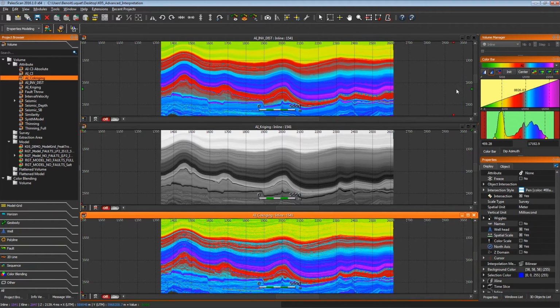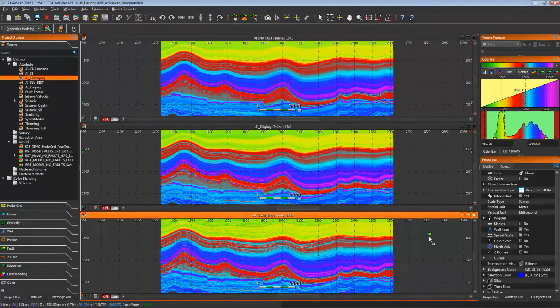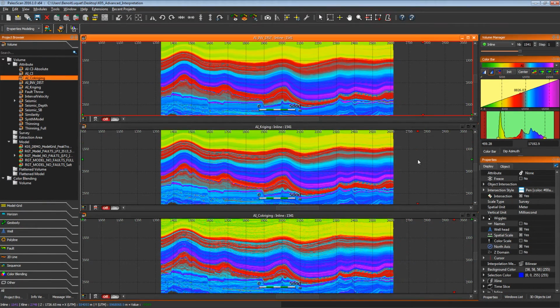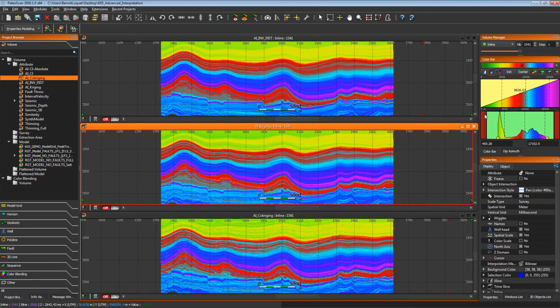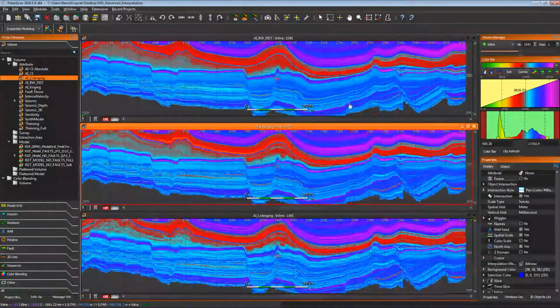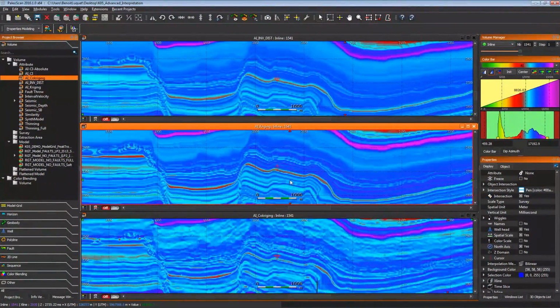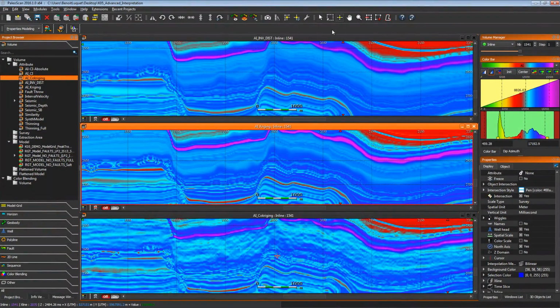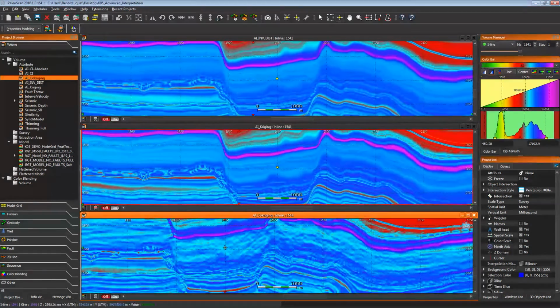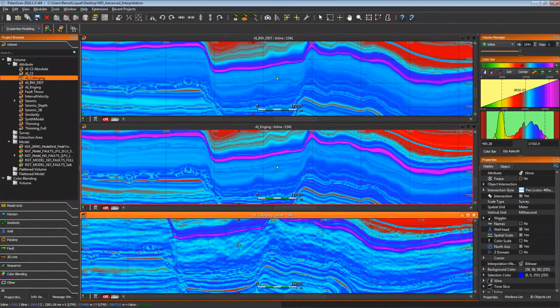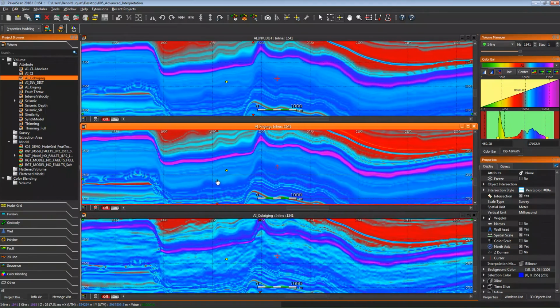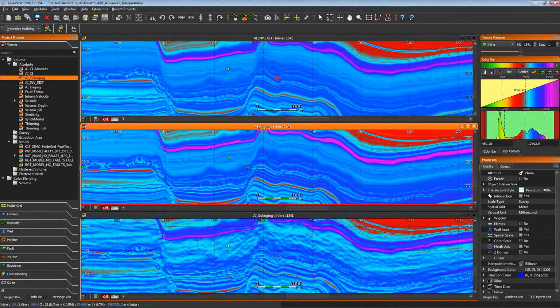So we have an inverse distance interpolation, a kriging interpolation, and a co-kriging interpolation. So we can easily drag and drop the color bar to get the same color bar values, and we can synchronize the viewer to easily observe the difference between the volumes. So we can see in the co-kriging volumes, so the volumes in the bottom, that the result is relatively different than inverse distance and kriging, as there is lateral variations in the result.